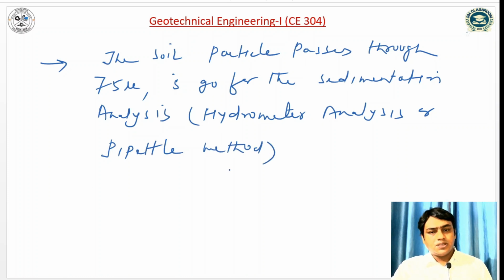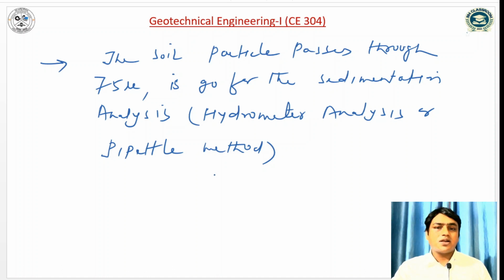So I told you there are two types of sieve analysis. The first one is coarse sieve analysis, and the set of sieves in the coarse sieve analysis is 80 mm, 20 mm, 10 mm and 4.75 mm. The sieves are staggered in decreasing order of sieve size, and the set of fine sieve analysis has different sieves like 2 mm, 1 mm, 600 micron, 425 micron, 212 micron and 150 micron, 75 micron and pan.